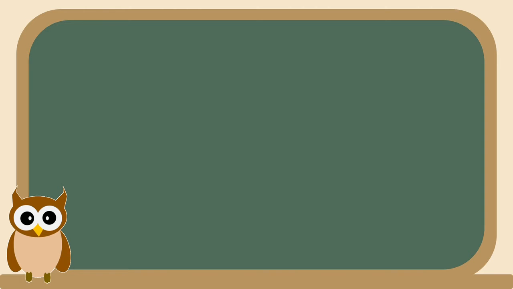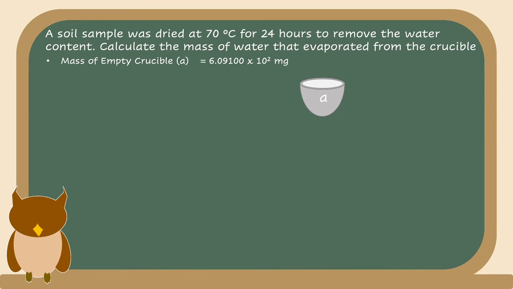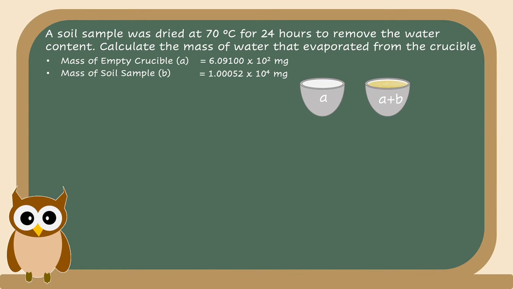So another example. A soil sample was dried at 70 degrees Celsius for 24 hours to remove the water content. So we need to calculate the mass of water that evaporates from the soil sample after 24 hours. The empty crucible has a mass of 6.09100 times 10 to the power of 2 milligrams. The soil sample has a mass of